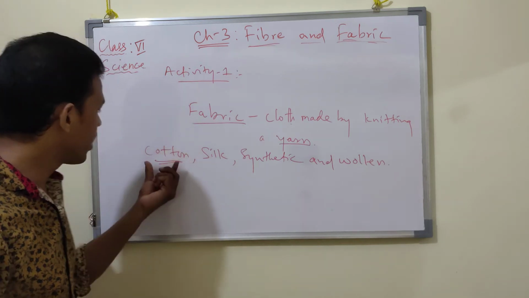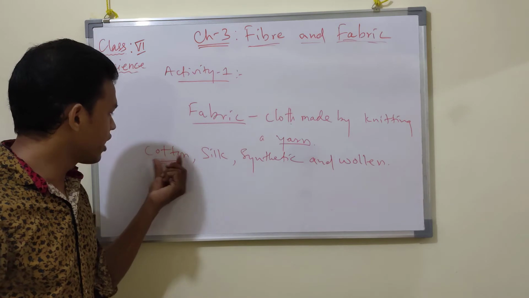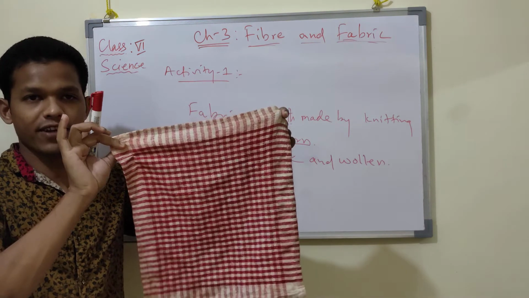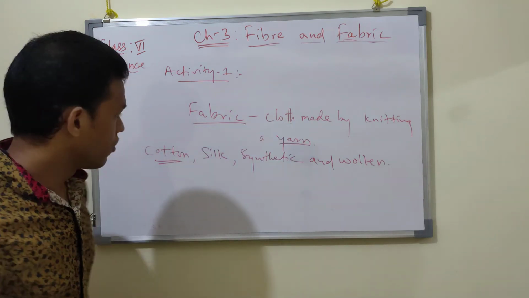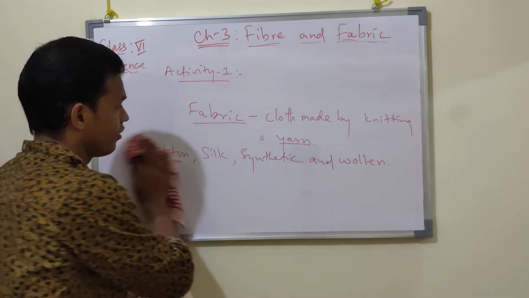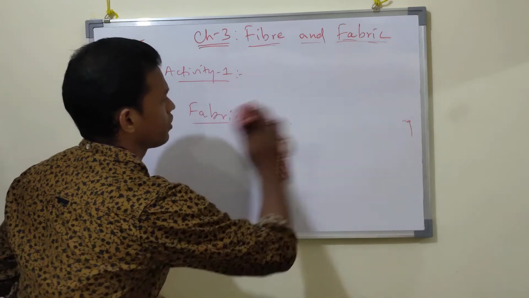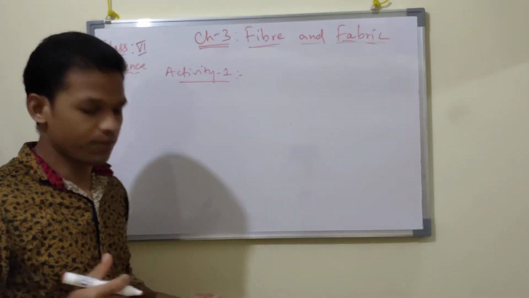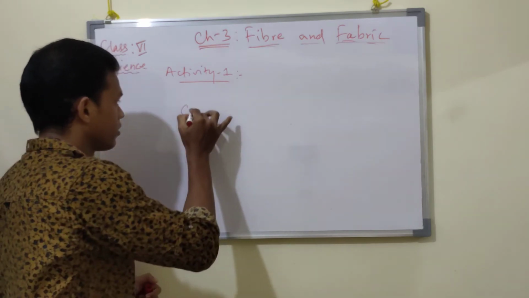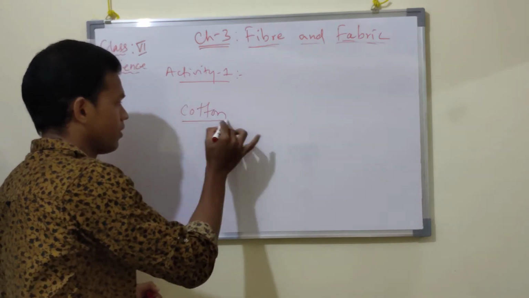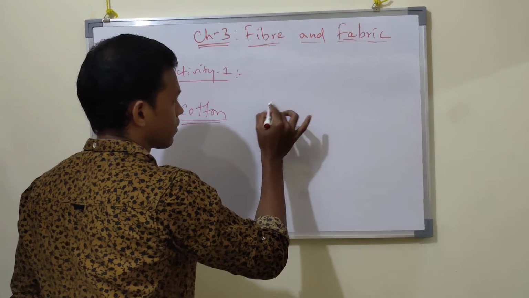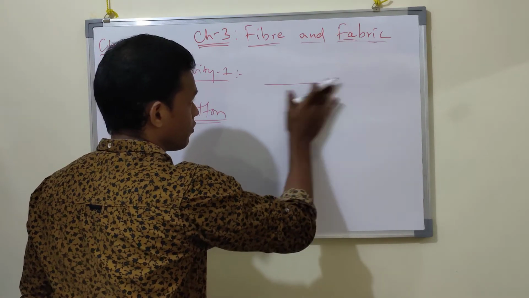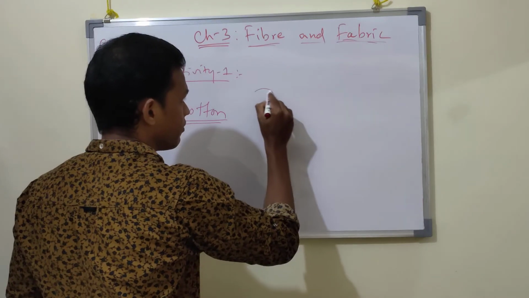So what happens? Suppose you take one piece of cotton like this. This is a fabric. You take one piece of cloth, one piece of fabric. We can say fabric or cloth, no problem. So you take one piece of fabric, suppose a cotton fabric. What happens? You'll find, if you closely observe,